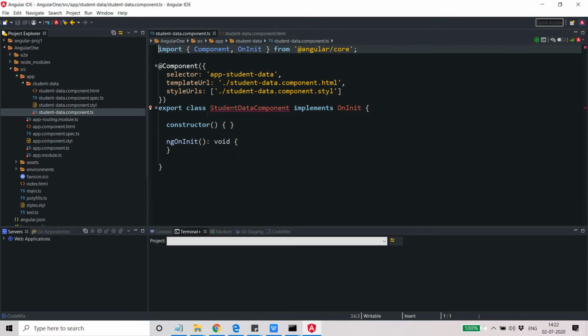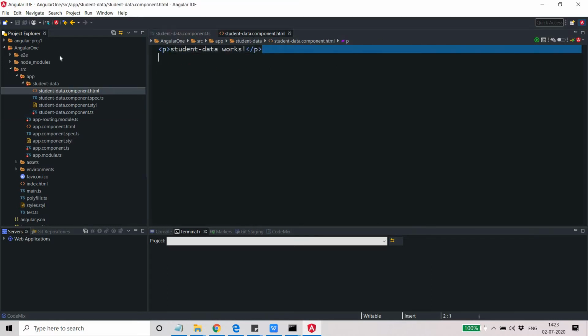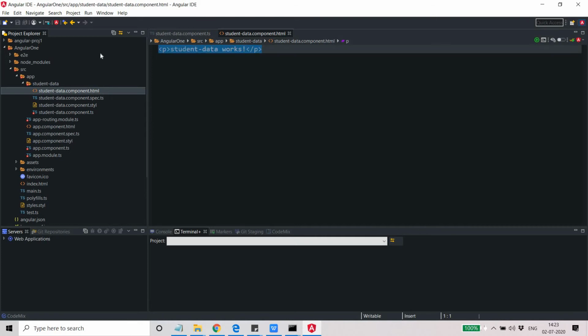So what you can do, here we want to just give one example, like my variable name is myVar, and here I have given it a string, a dummy string, or you can say like hello world. Okay, so once I did that, I just need to display this data here. So I'm using p, that means paragraph. Rather than paragraph, I want to use the header, so header 4,